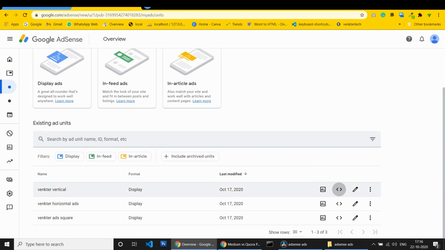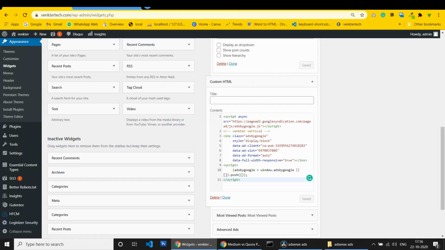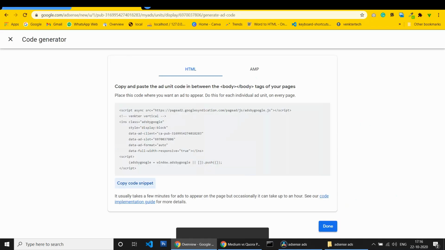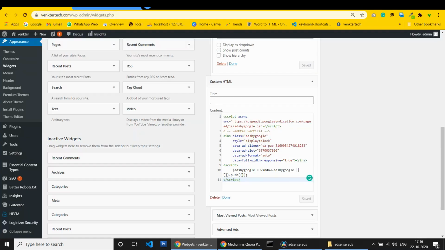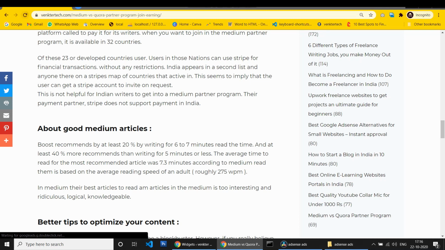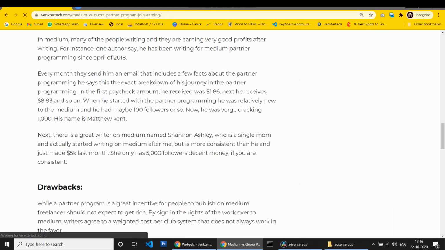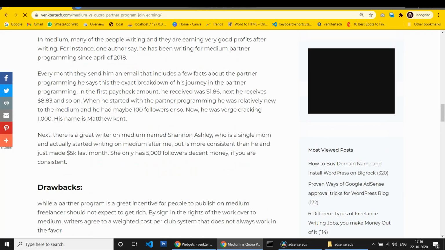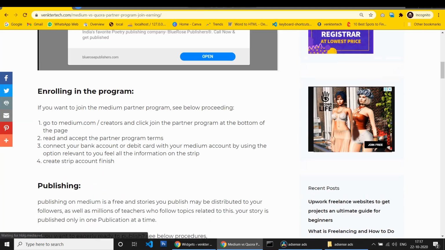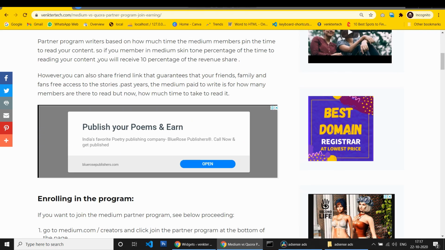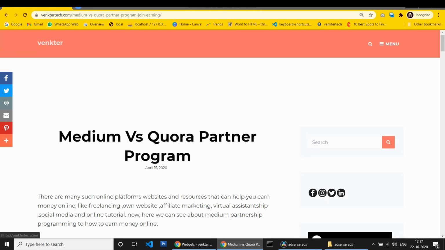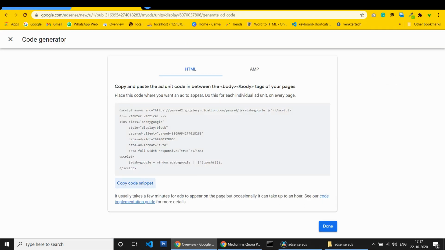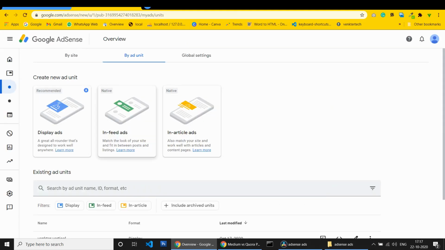It's a vertical ad. Okay, the rest is working well.